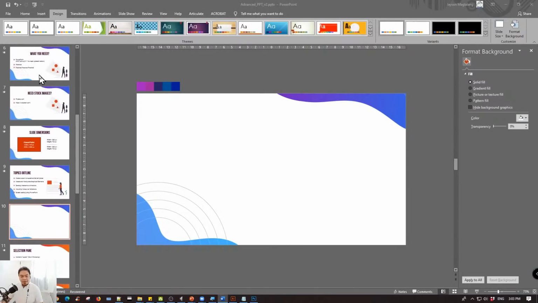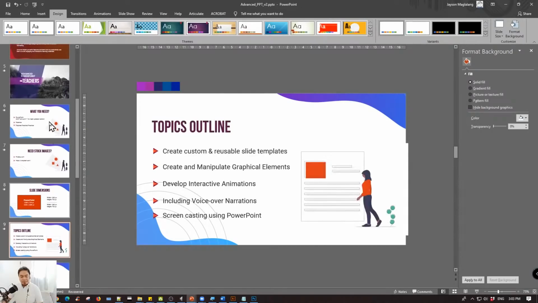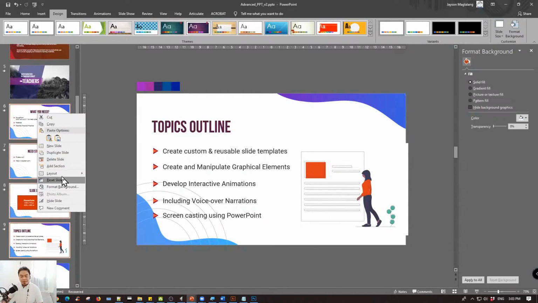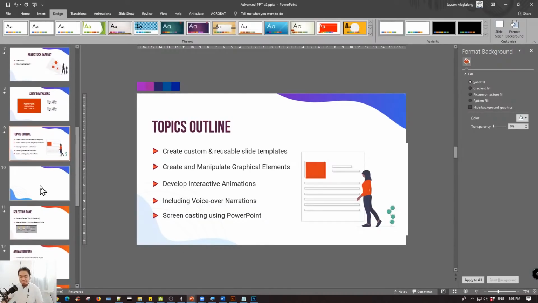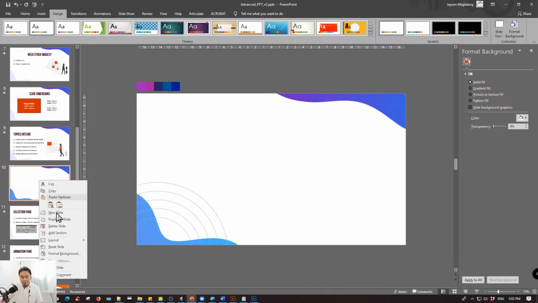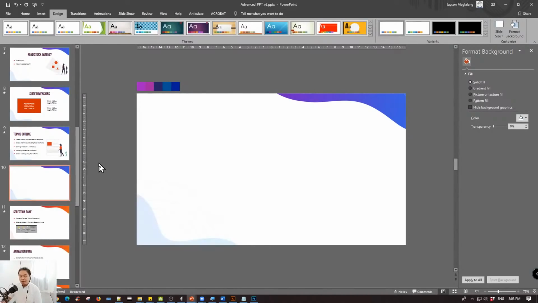And I can now select all of this para ma-apply yung new layout. Yan. So, medyo transparent na po ng konti nasa lower part ng background natin. Okay. So, let me show you naman po how to create